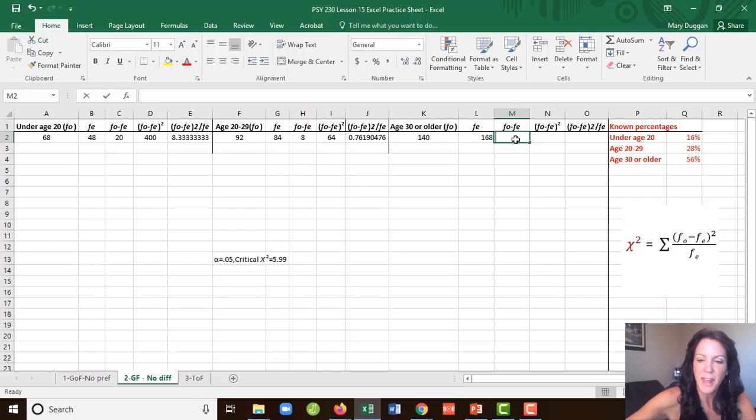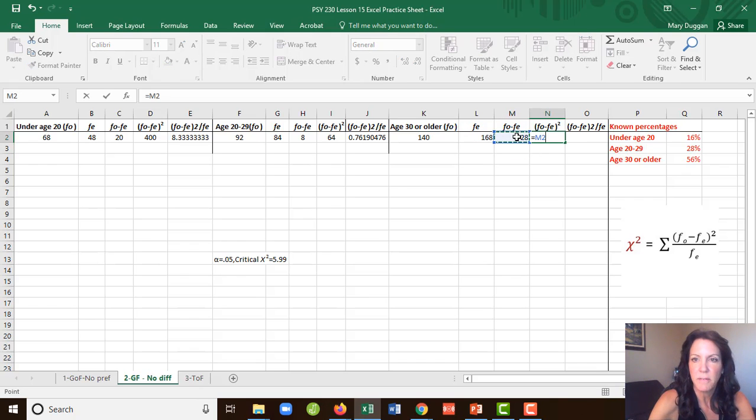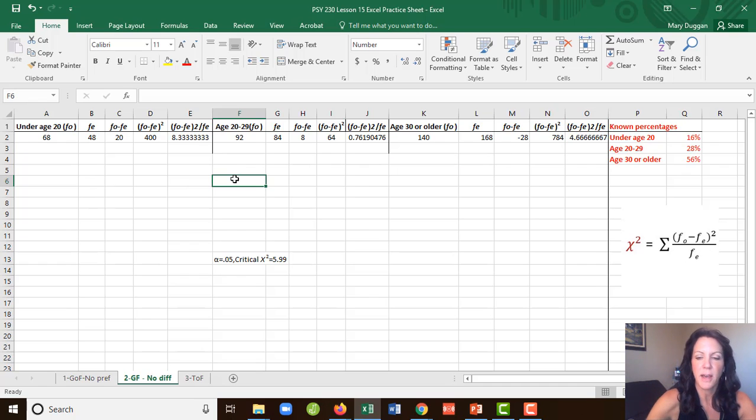And I'll do the same for the last group too. Observed minus expected. Take that amount and square it. And then take that squared amount and divide it by the expected frequency for that group. Now I have three different numbers that I need to add together, because if you look at the formula, we did all this fancy stuff here, but now we have to add them to come up with the chi-square statistic. So I'm going to take 8.33 plus 0.76 plus this last one, and I end up with a chi-square of